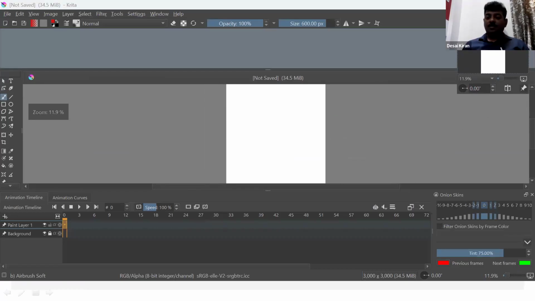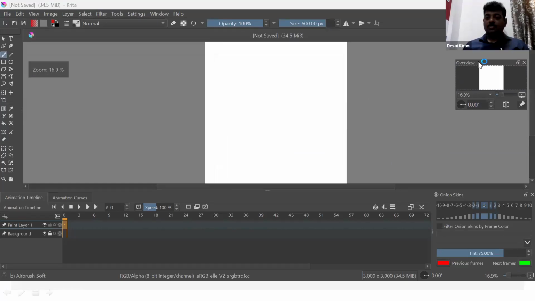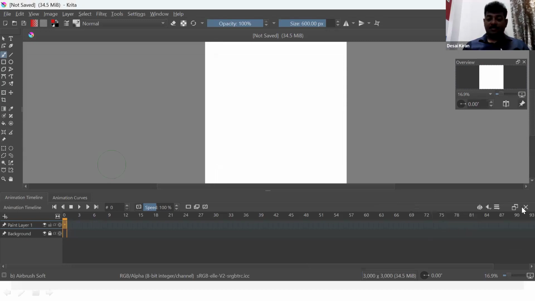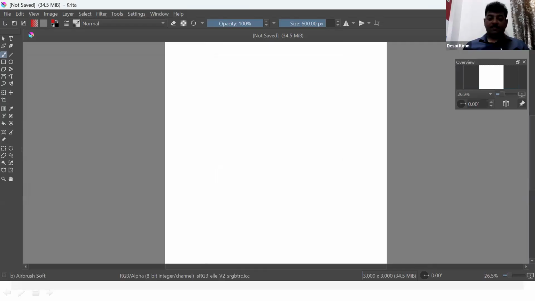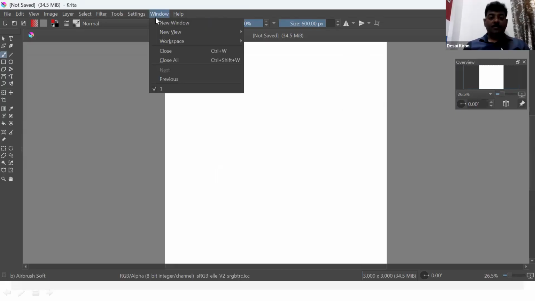So these are all different tools we have in Krita. Then after that, we have another option. One minute, sir. Let me move this bar. Okay, now Windows,